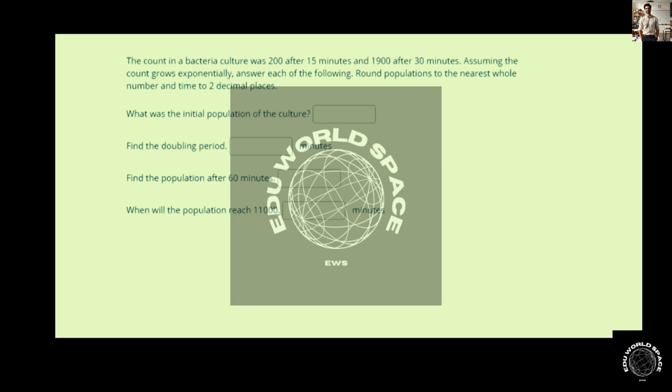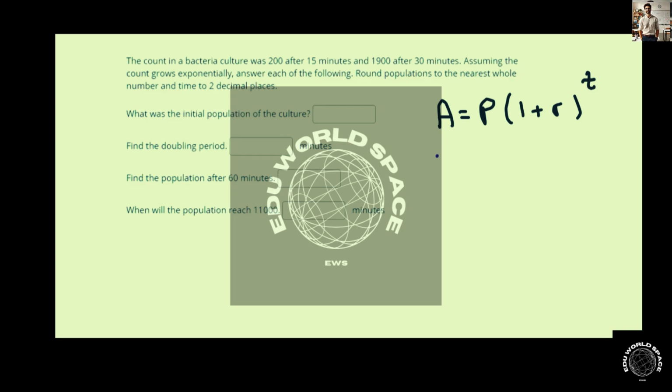Let's use the formula for exponential growth. We have some final amount given some initial amount times 1 plus the rate to some time. So if it was 200 after 15 minutes and 1900 after 30 minutes,